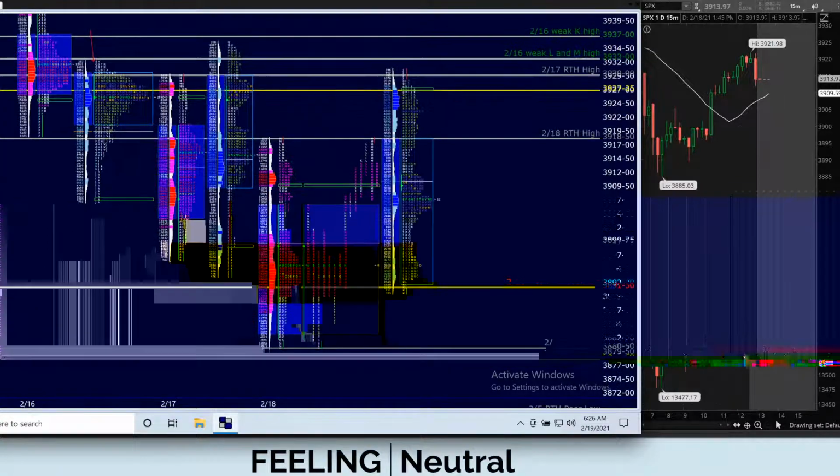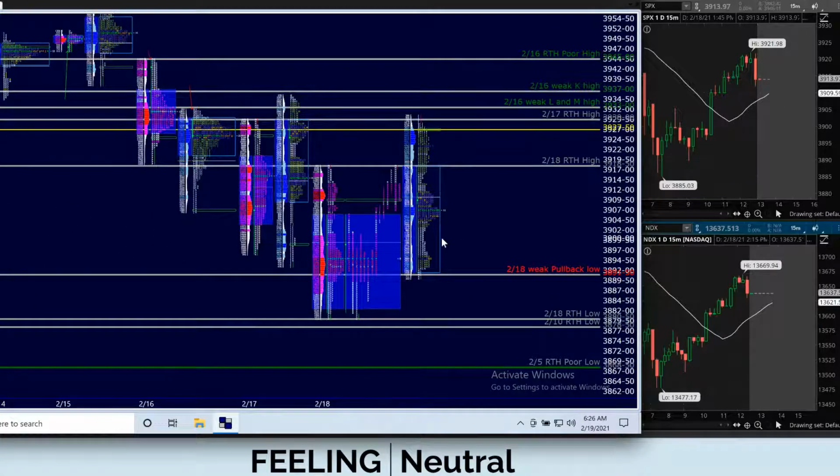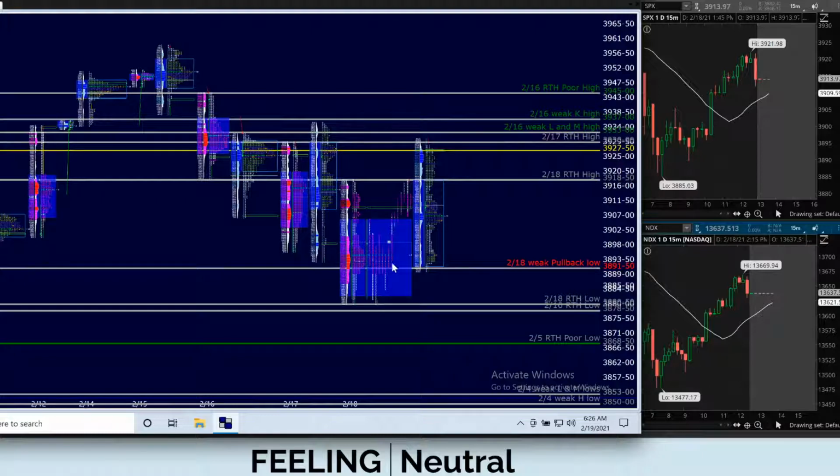Okay, so as we assumed from yesterday's market, this was a big enough reversal of momentum to get us out of this downtrend. The way we figured that out was that all day value was lower, and then at the very end of the day, we pushed higher and spent enough time up at higher prices that we were able to make value area overlap the previous day's value area. Okay? So that's the first thing you need to see in order for the market to rotate back up. So that was good. We've got that.